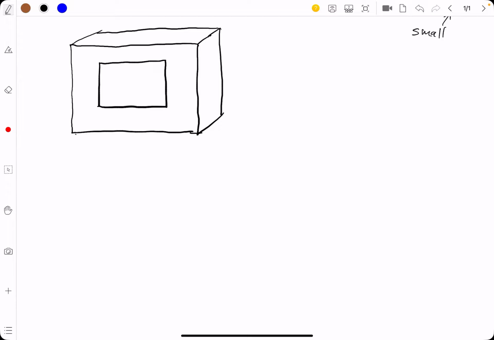It's made out of iron, and it's done in sheets, which is pretty cool. So there's these sheets